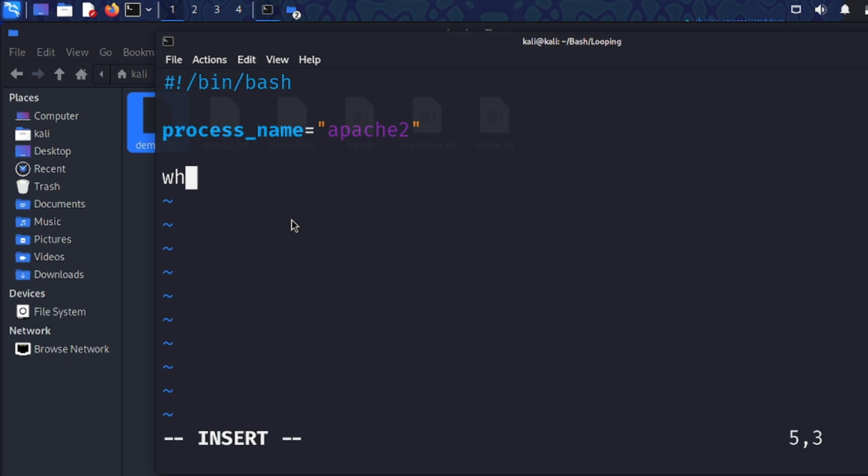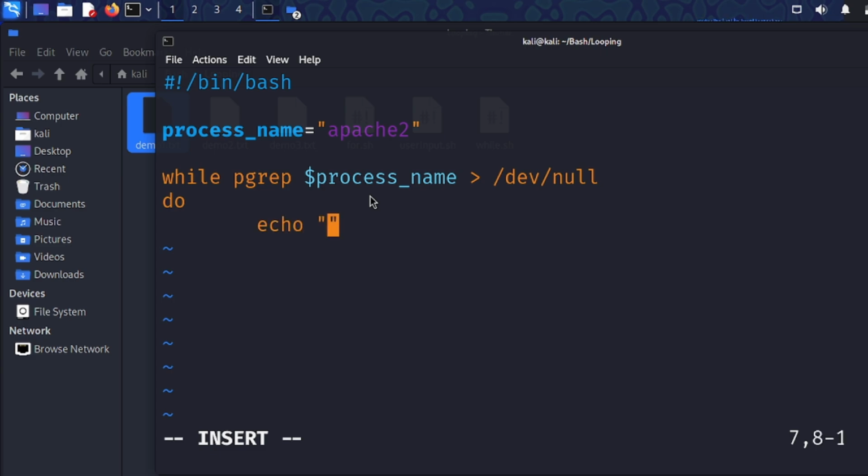Let's just say while we will get hold of all the processes with the help of pgrep, and we would basically redirect that information every 5 seconds into /dev/null. So we can set that something like process $process_name. We basically set this to /dev/null. Yeah, and we go back to do. So here we would write echo $process_name is running,